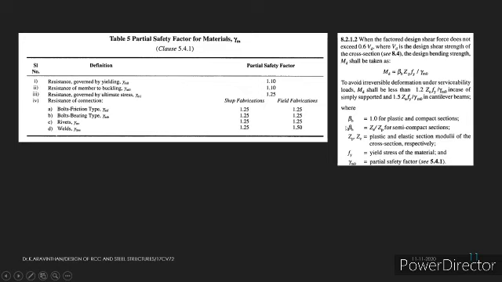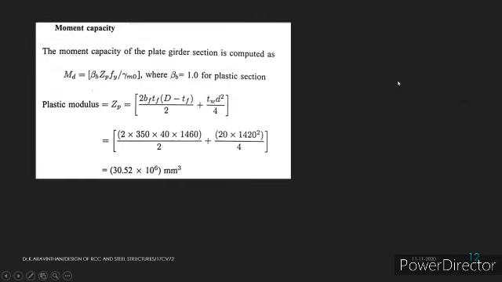Here the beta can be taken as, for we are designing for plastic and compact section, hence we will be taking this value as 1, and Zp we have to find out, that is plastic section modulus, and Fy we know that 250 and gamma M is 1.1. So by this equation let us check for the moment carrying capacity of the section. So we already know this. Beta will be 1. And for finding the Zp, what is Zp? It is the plastic section modulus. Z is section modulus, and how to find that.